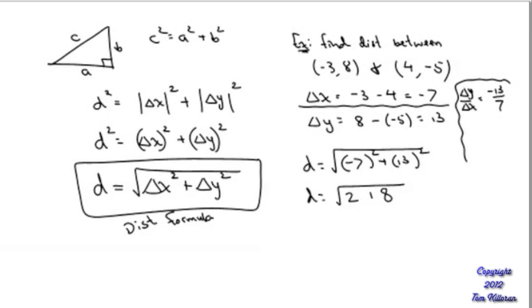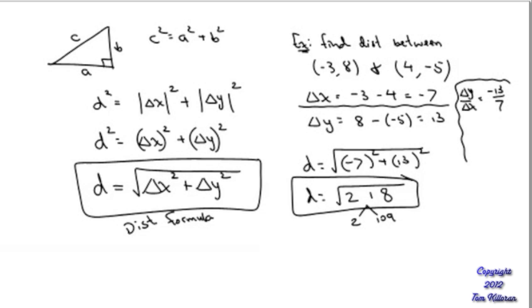Should I leave the square root of 218 on my paper? No. You best test to see if it reduces. It's even, so 2 goes into it. How many times? 109. I can't think of any number that goes into 109, can you? 3 does not because 1 plus 0 plus 9 is 10. 9 doesn't either. 11 probably doesn't go into it. 13, I doubt it. So I'm guaranteeing you that 109 is pretty much not going to break up. And if it does break up, you're not going to get 2 of them. So your answer is the square root of 218, which is approximately,